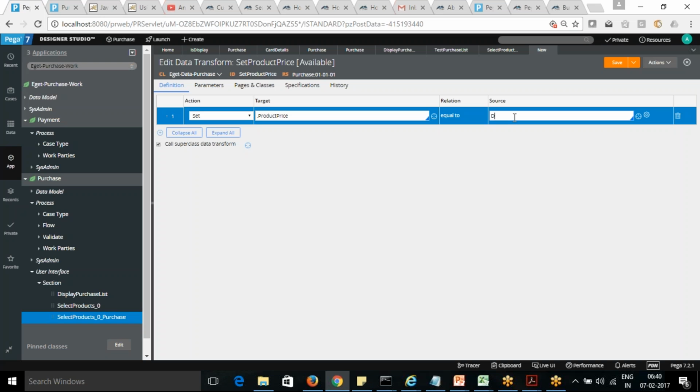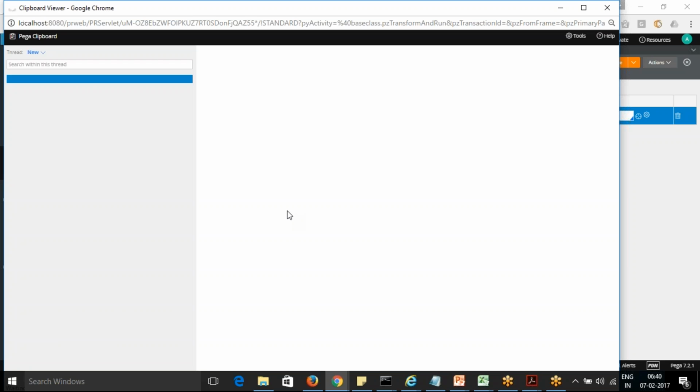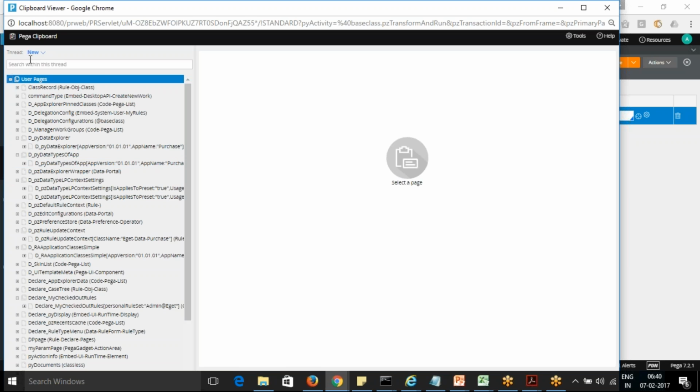So how are we going to write that? Here I need to write the products. Then you need to remember the syntax for the same, because when we are referring to a database, we need to remember what the syntax is.